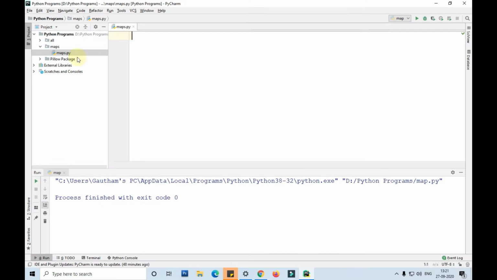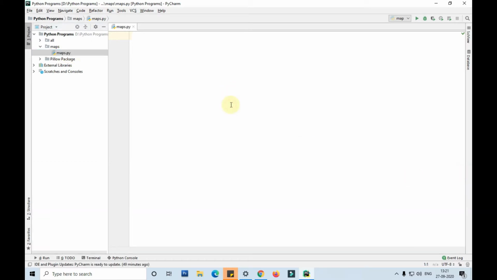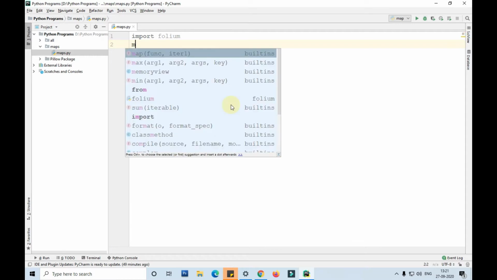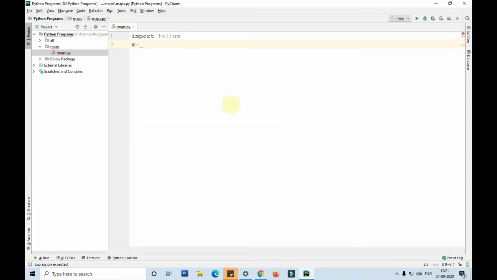For that, I've created a new Python file called maps.py, and in that I am importing Folium. After importing Folium, I am assigning the map function to a variable called m. We can take anything, guys.